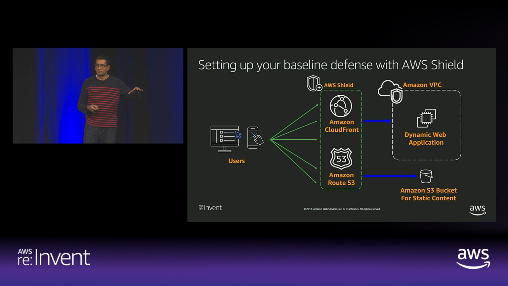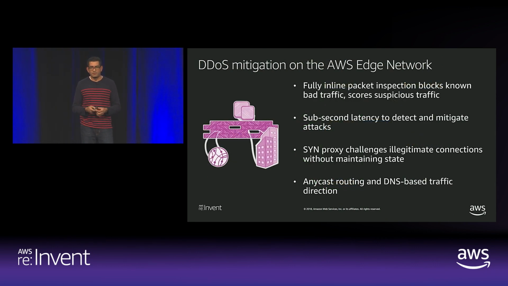So introducing Shield into this architecture, the only difference from the previous architecture we saw is now we have AWS Shield that is protecting the CloudFront and Route 53 resources. There are some specific advantages that you get when you're using CloudFront and Route 53 for DDoS mitigation on the